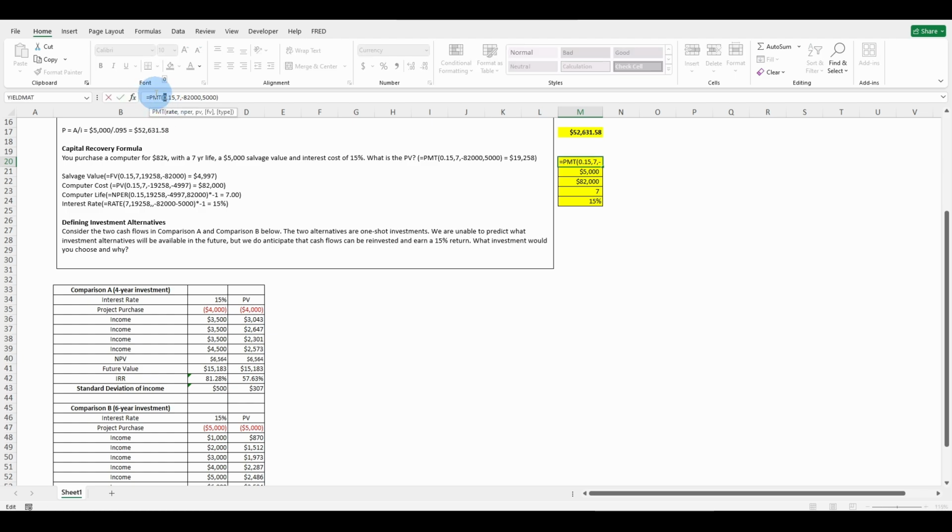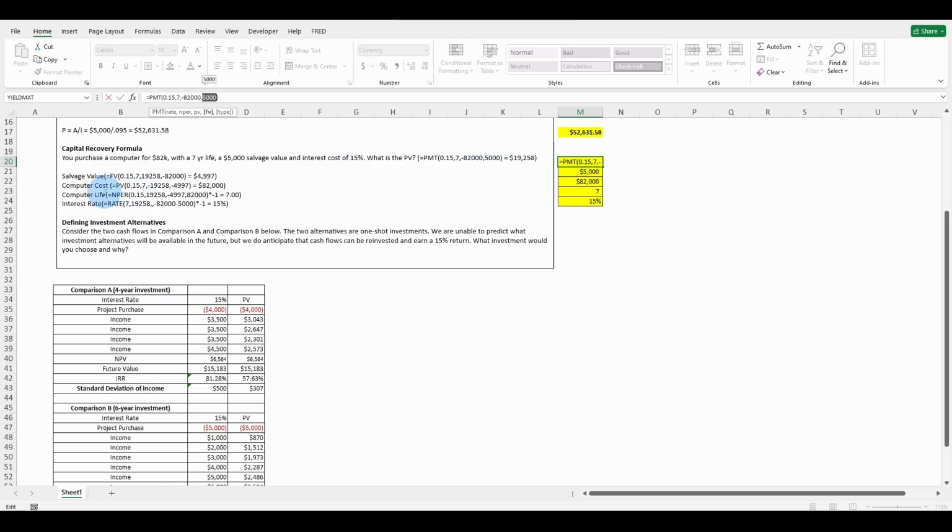And then if you get stuck, you can just go in here, click the function, and then we're going to have these rules. So your input is going to be rate, number of periods, present value. This is given. And you're going, well, we're trying to solve for present value. We have to discount this $82,000. We need a starting point. The question is, what is the present value of this $82,000 with a $5,000 salvage value? So then you put in this future value. In other words, that is the number that we are going to discount the 82, and then we're going to look at the interest that this salvage value would earn. So in the end, it's